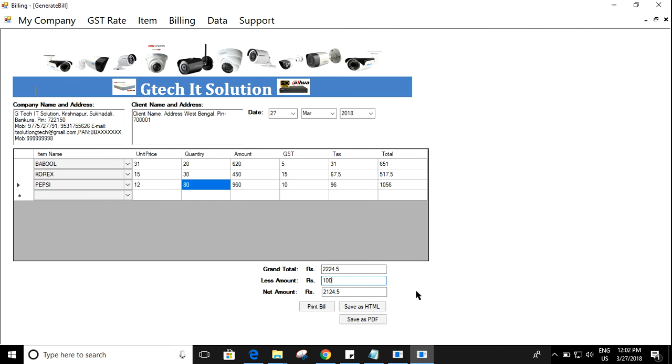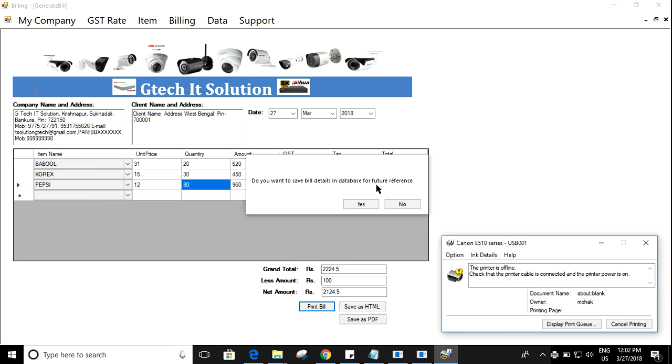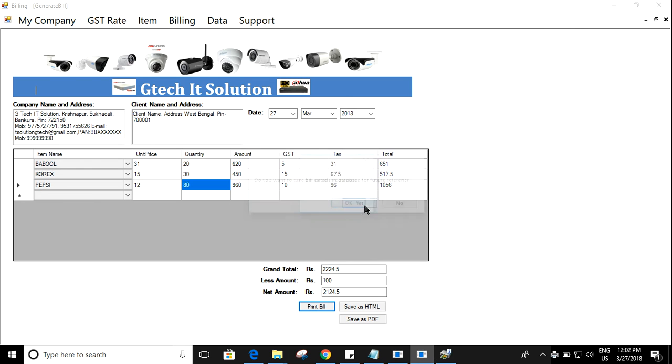But in my case the printer is not connected, so if I click on this print bill then it will not print, but you can see that the printing pop-up will come up. Now I am clicking on print bill.